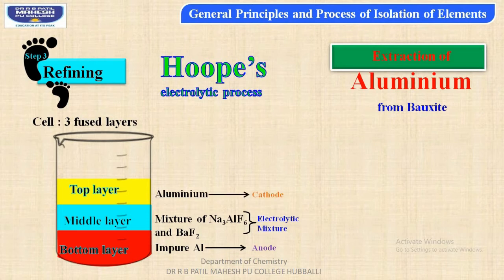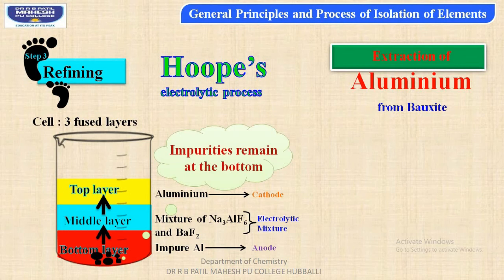In this, students, movement of pure aluminium from the middle layer towards the top layer occurs, and the same amount of aluminium metal moves from the bottom layer towards the middle layer, and all the impurities are left behind in the bottom layer. So in this case, impurities always remain at the bottom, whereas the pure aluminium metal is collected